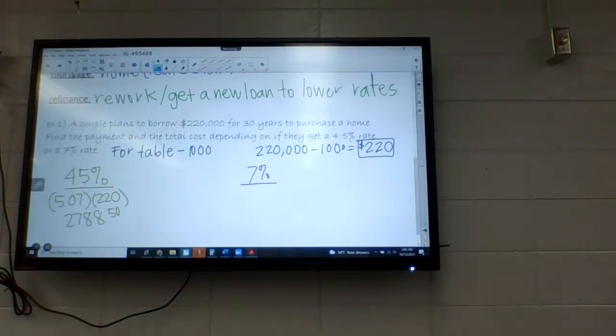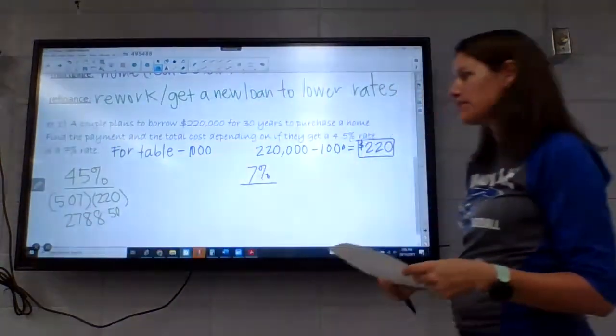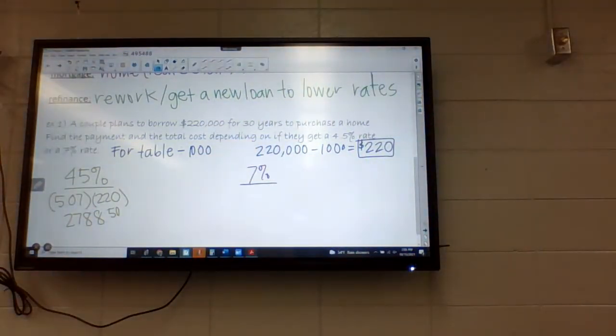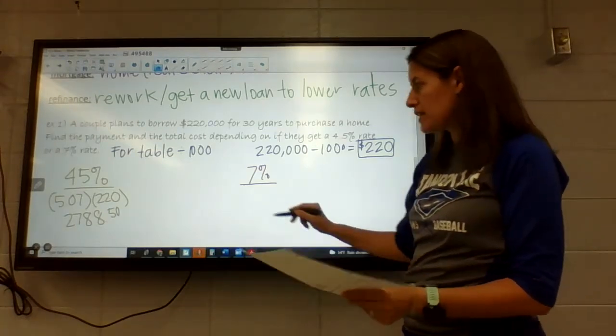All right. So then, if we had the 4.5% interest rate, we pay $2,788 per month for our loan there. Now, if we have 7% interest rate for 30 years,